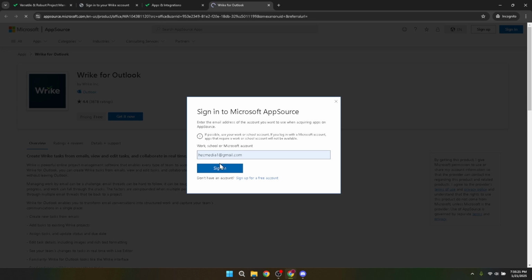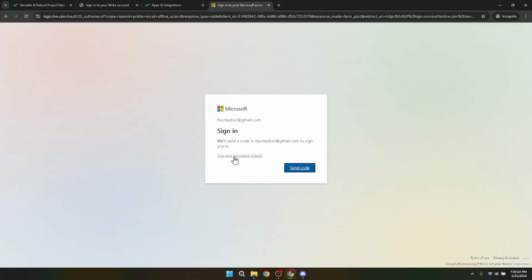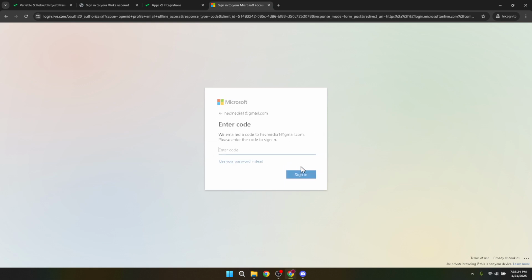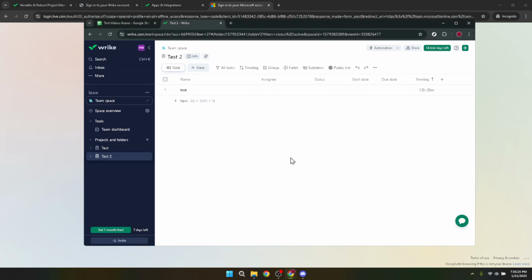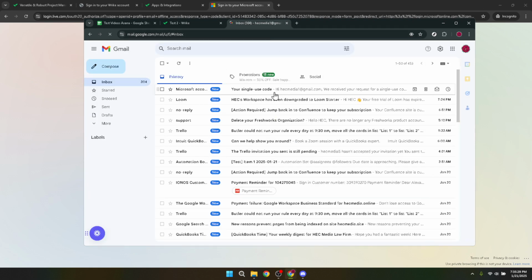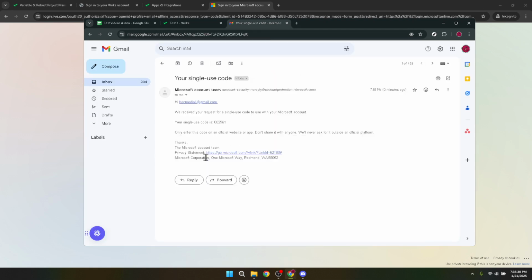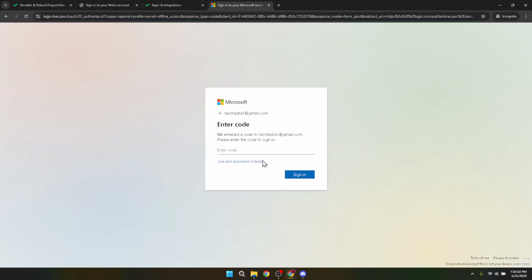To proceed with the installation, you'll be prompted to type in your Outlook email address. Simply enter your details, ensuring everything is correct, because this information will authenticate your account for the new setup. Finally, proceed to sign in by clicking on the Sign In button and follow through with the installation prompts. Completing this installation process enables the connection between Outlook and Wrike, empowering you to manage your tasks and meetings in